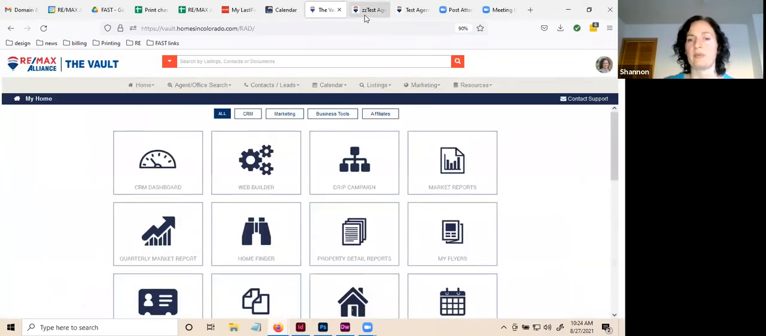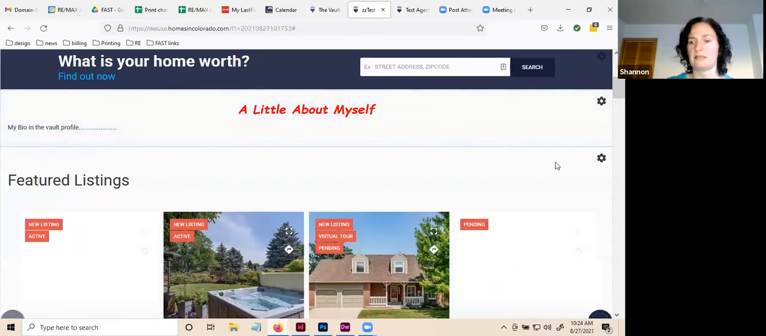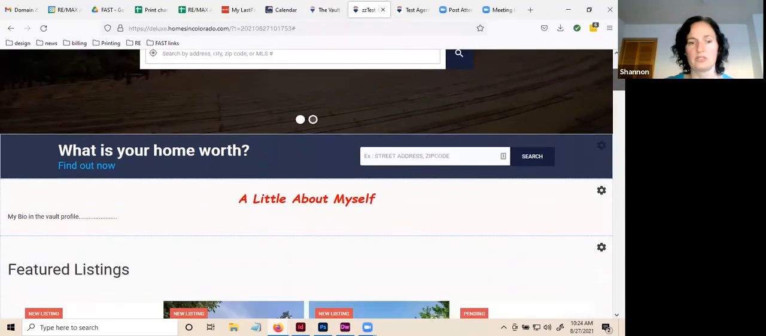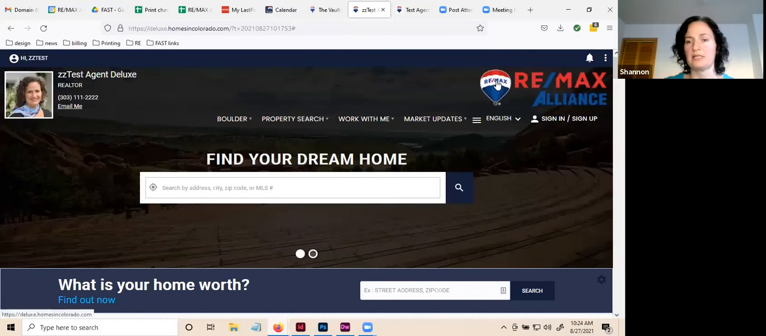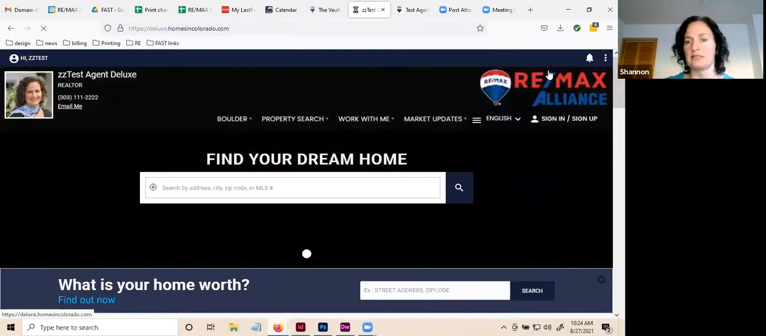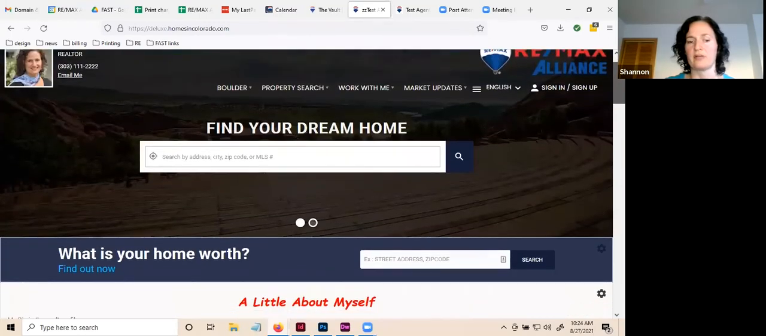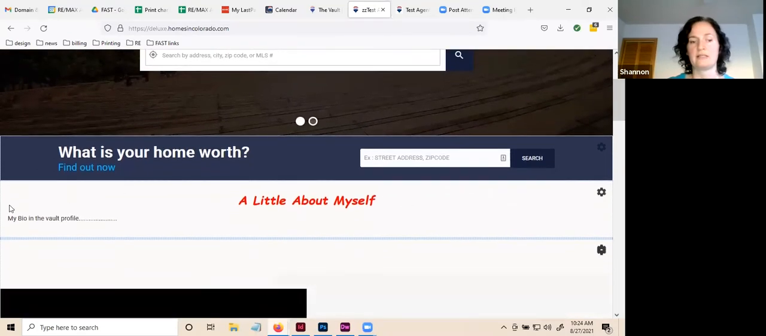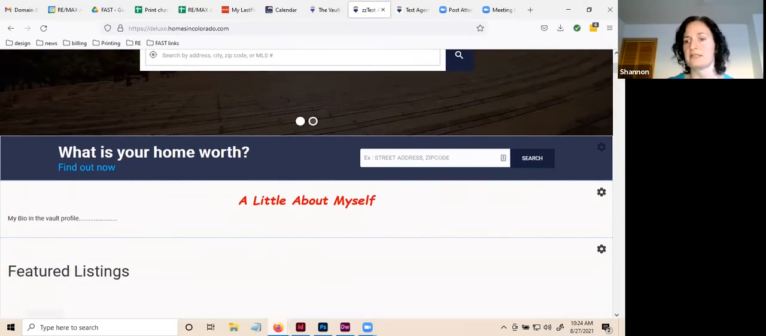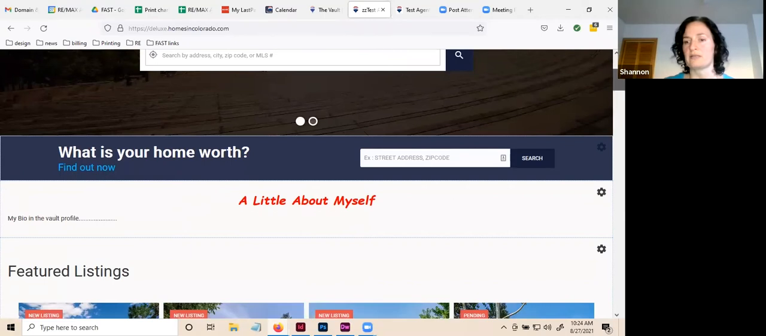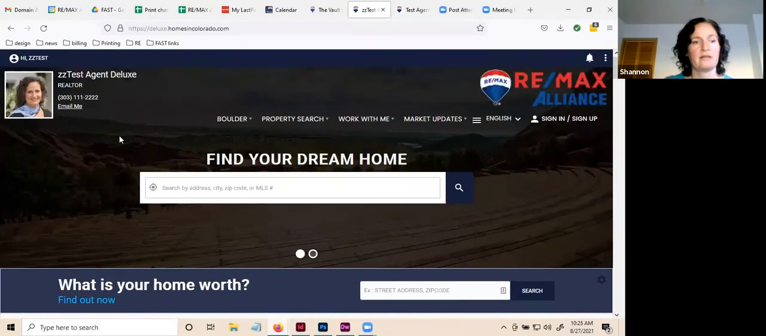So now if I go back to my website, you see it didn't immediately change. So what we can do is either click on the logo at the top here. That'll kind of refresh your site. Still did not change, you'll notice. So one of the tricks with the web builder here is if you don't notice a change right away on your site that you've made, one